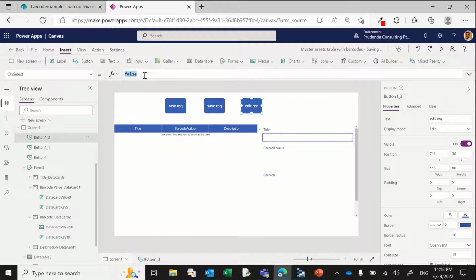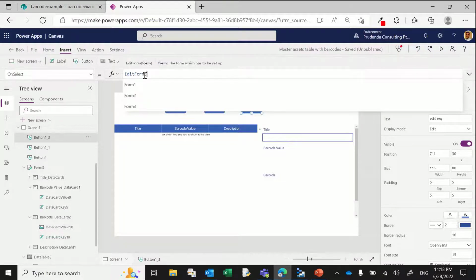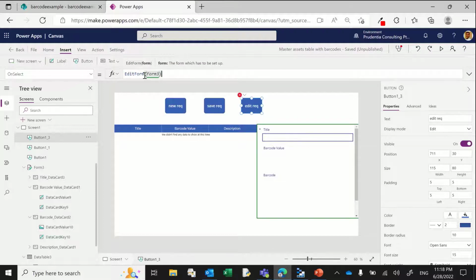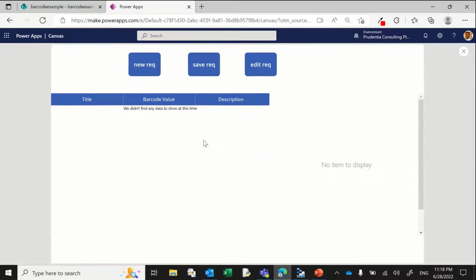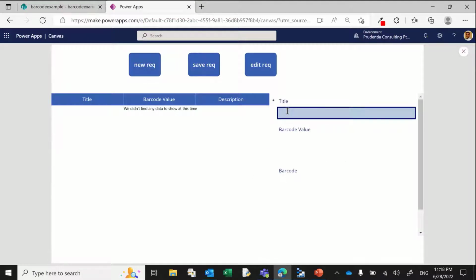And if they have to, then they click on the edit form. I'm going to say edit form here and form 3, like so, right? So now we are actually ready to enter information to the database. So if I play this app and then say new request, I'm going to actually call this